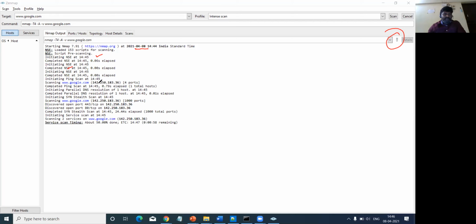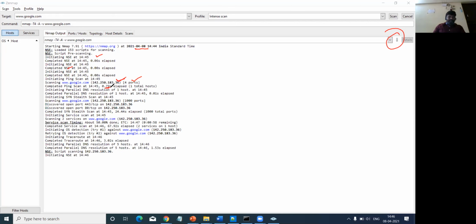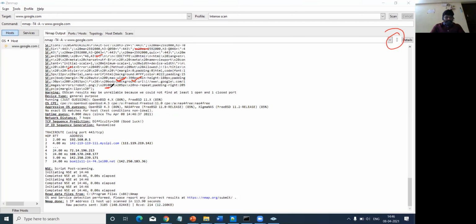So now this is the IP address on the Google server which it is trying, 142.250.183.36. There are 4 ports which have been identified, and the amount of time required to identify the open ports. See, I did not mention anything about that. A big organization may not rely on a single server or single IP address. They might have multiple IP addresses, and it is trying all the IP addresses, right?